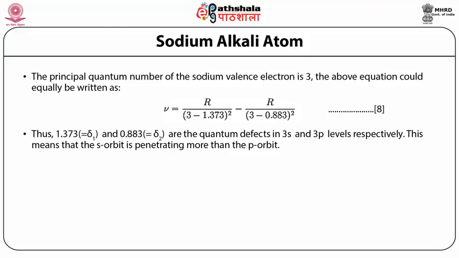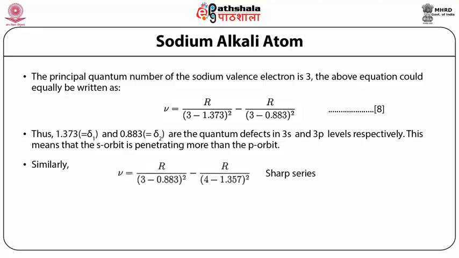Thus, we found delta 1 and delta 2, delta 1 equal to 1.373 and delta 2 equal to 0.883. These are the quantum defects in the 3s and 3p levels respectively. This means that the s orbit is penetrating more than the p orbit, and similarly one can write down the corresponding sharp series: nu is equal to R upon (3 minus 0.883) square minus R upon (4 minus 1.357) square,